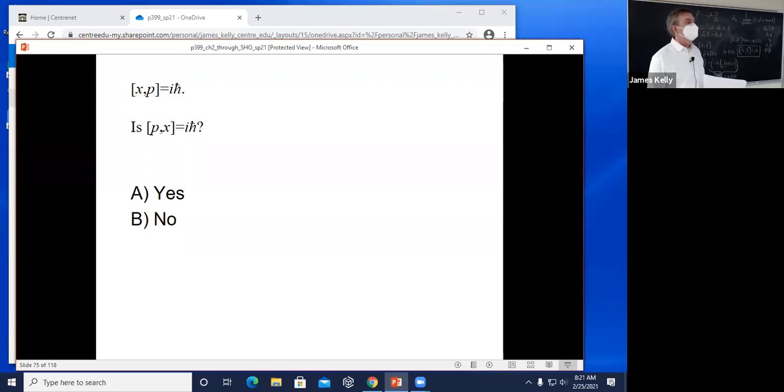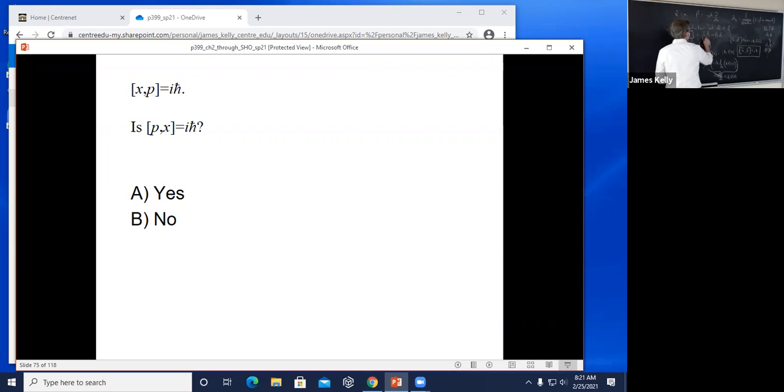Okay, let's see a vote. It's unanimous. The noes have it, I think. I didn't see Alvis's, but everybody's saying no, and that's because of this minus sign here. Notice that if the commutator between A and B is this, that means, I'm going to sneak something in here, the commutator between B and A